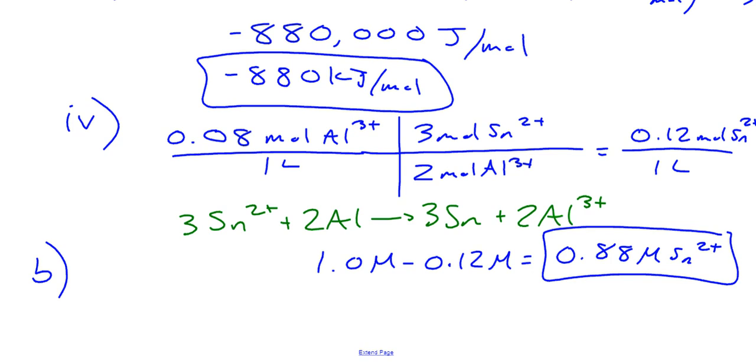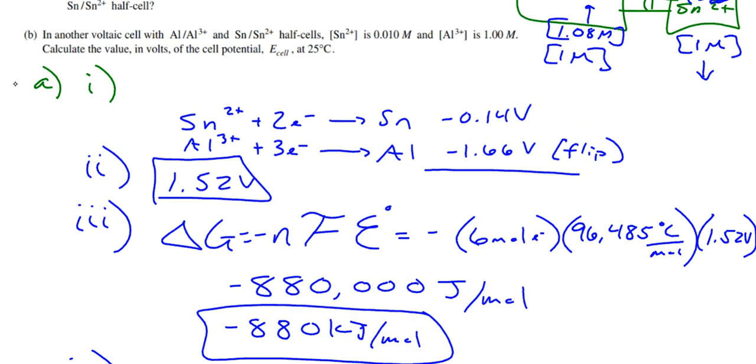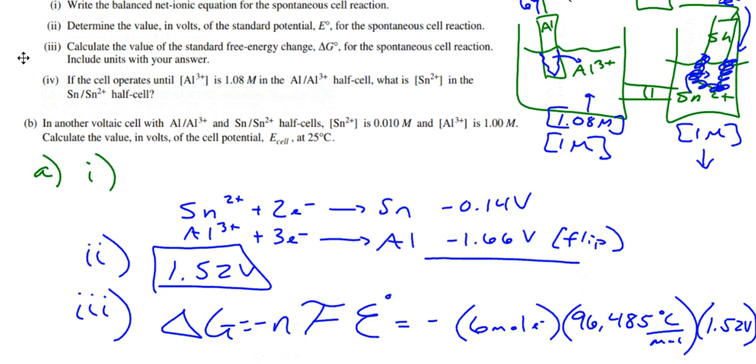So let's talk about it in a different way. Would the cell potential be greater than, less than, or equal to the current cell? Okay, so the current cell, we have 1 and 1, right? Now what they're saying, let's talk about this in a different way. So we have 1 and 1 right now. And that 1 and 1 makes, what do we have, 1.52? Okay, what they're proposing is that if I have a point,